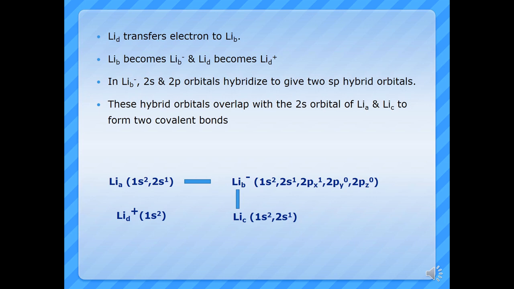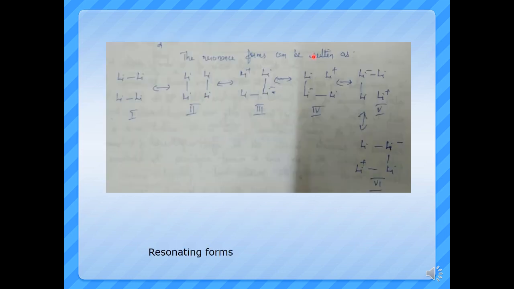So this is how the valence bond theory explains metallic bonding. The different resonating forms can be written like this. You can have a number of resonating forms like this. Here you can see there is a covalent bond between two lithium atoms, and there are many such lithium atoms